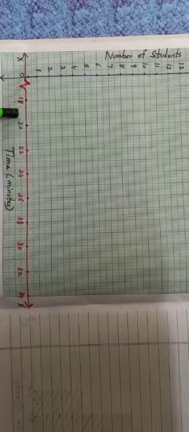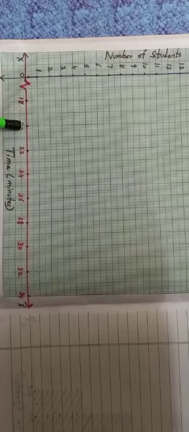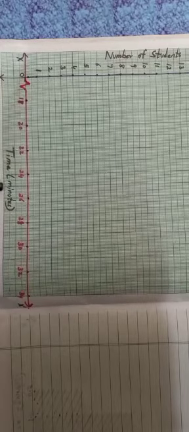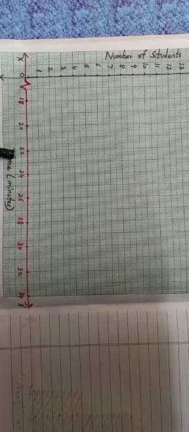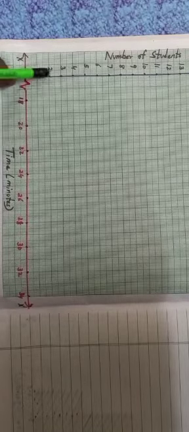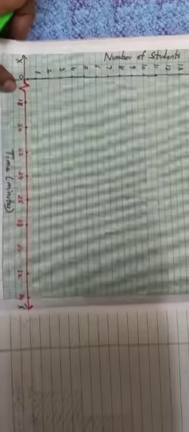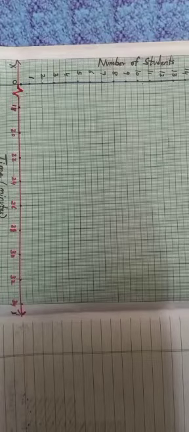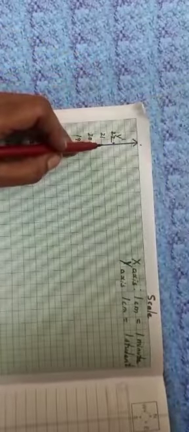So 18 to 20 I have taken. Here there is 19 and here there is 20, right? Time is in minutes, so 1 centimeter will be equal to 1 minute. And here I have taken it like this, 1, 2, 3, 4, 5, 6, 7 number of students. Now if you see, the greatest frequency is 22. I first checked whether that many squares are there, 1, 2, 3, 4, 5 till 22. We have enough space. So I have taken 1 centimeter equal to 1 student.